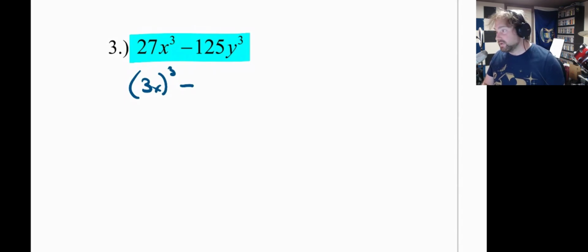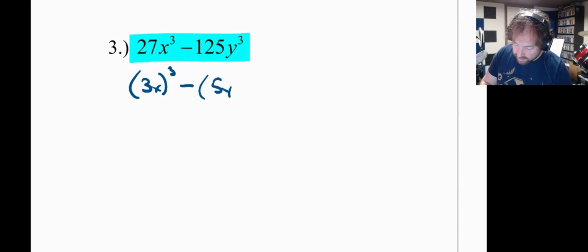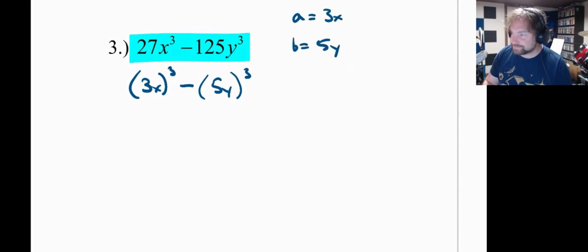5 times 5 is 25. 25 times 5 is 125. So this is 5y to the third. So if you're following that formula, A is 3x, B is 5y, like that. Pretty rad. All right, now all we got to do is follow the formula. It'd be 3x minus 5y